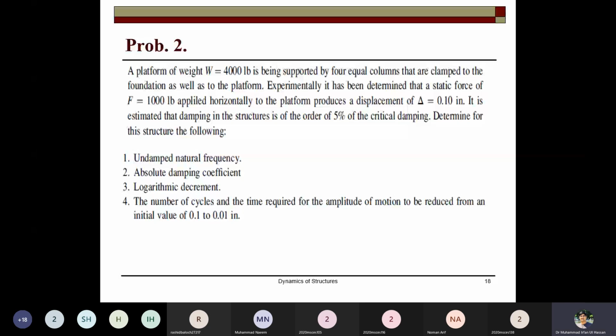So in this problem, there is a platform which is supported on the four